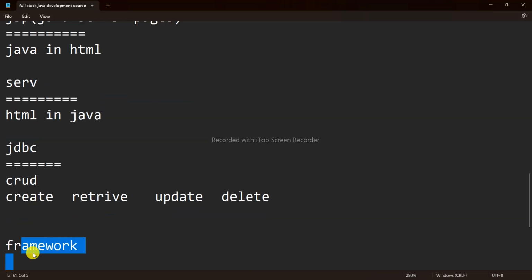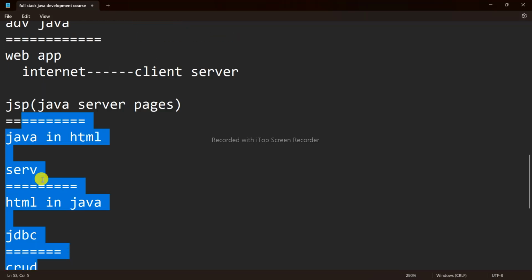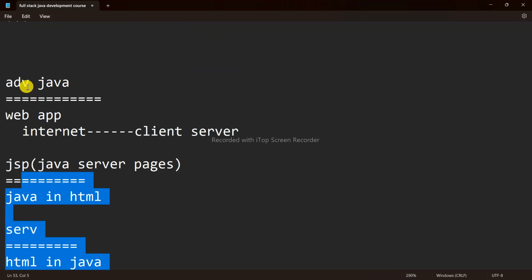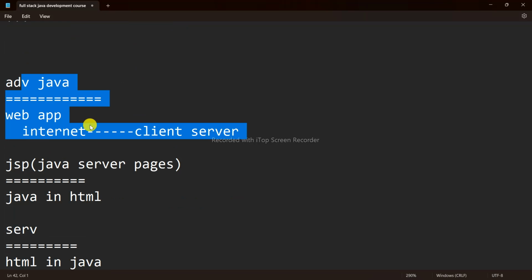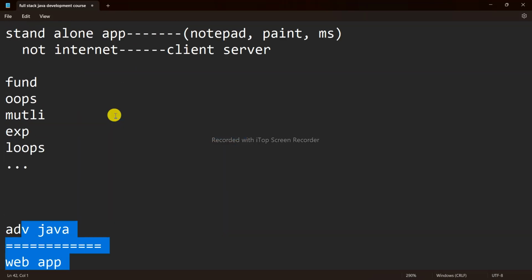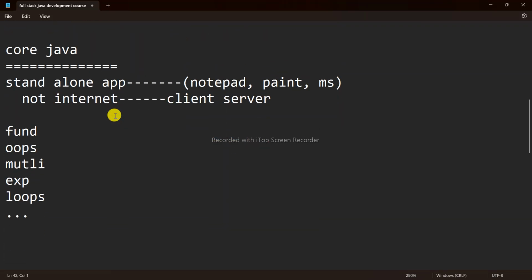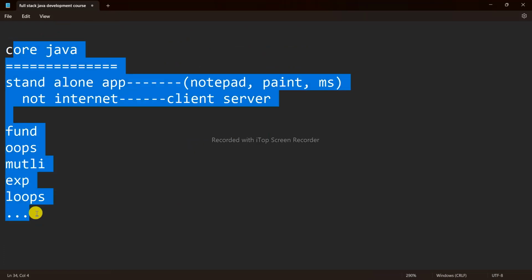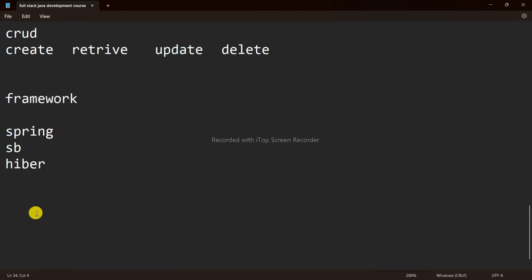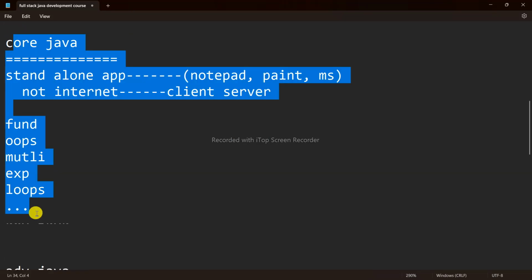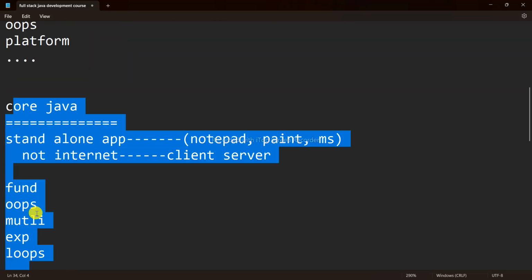Now, before learning a framework you should know JSP, servlets and JDBC. Okay, this is what comes in advanced Java. Again, we cannot learn advanced Java directly. It is compulsory to know core Java. Now you are able to see how the linking is. So we are going to start our course with core Java first,